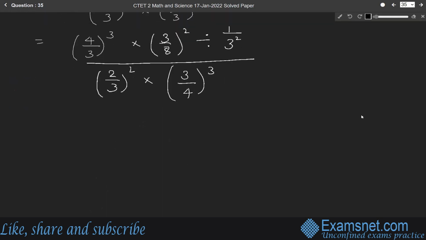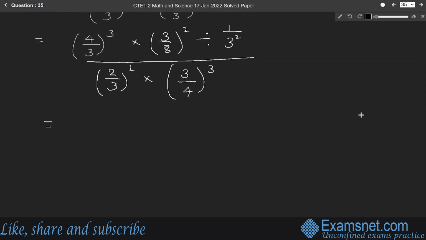Therefore, 4 cube by 3 cube, that is 64 by 27, into 3 square by 8 square, 9 by 64,